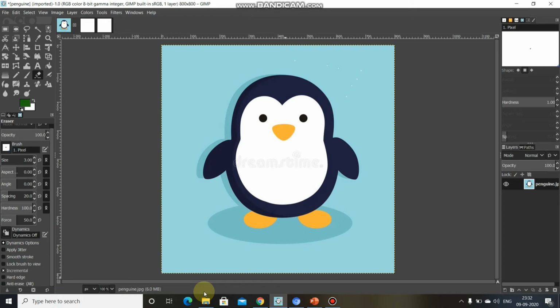Now adding text on GIMP image. So how to edit text? For that, what we have to do, we can add text on image, okay? Right, if I want to write here penguin, we can write. A separate layer is added for the text in the layer dialog. We can change the font style, color, size of the text to make it look more attractive. The text box in the GIMP can be moved around using the handles of the box.